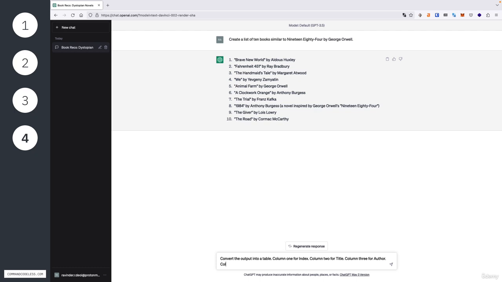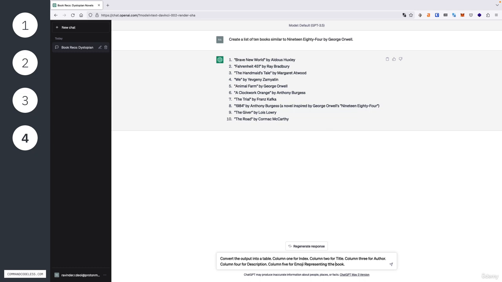And then I'm going to write "Column 4 for description." And just like before, we're specifying the column, but this time we're telling the model that we want column 4 to have the book description and for it to be labeled as such. And last of all, I want to enter the following. "Column 5 for emoji representing the book." Now I'm going to go back and just capitalize the D for description and then for emoji